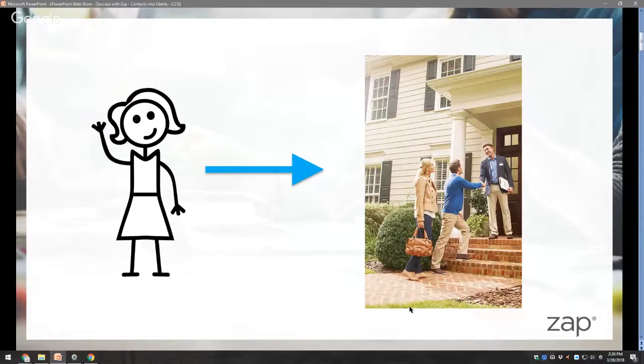Today we're going to cover 3 things to do in your Zap system to help you turn your contacts into clients. We will learn how to make it easier for your contacts to use your website or mobile app when they search online. I'll tell you some valuable, relevant information to send to your contacts on a regular basis, and then